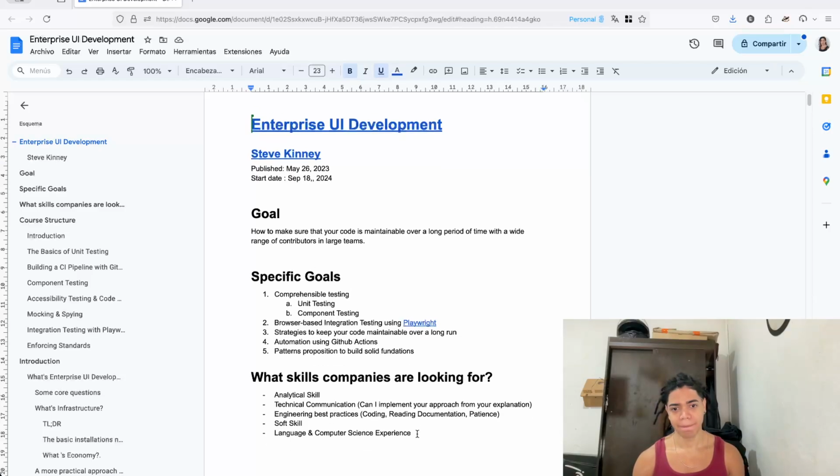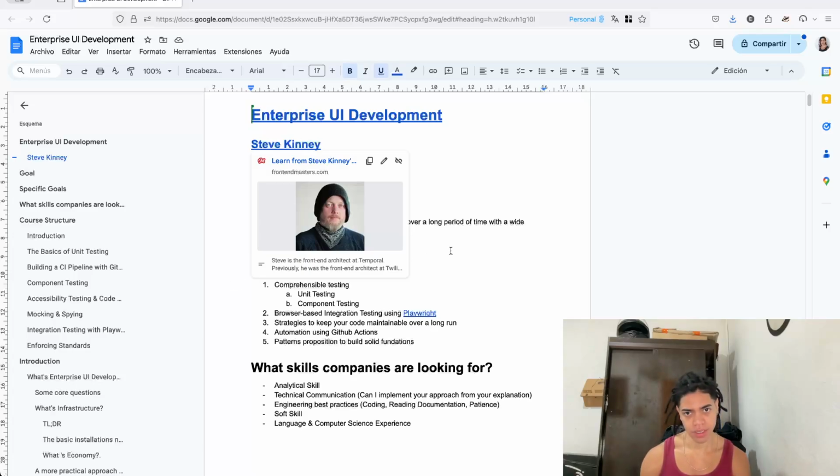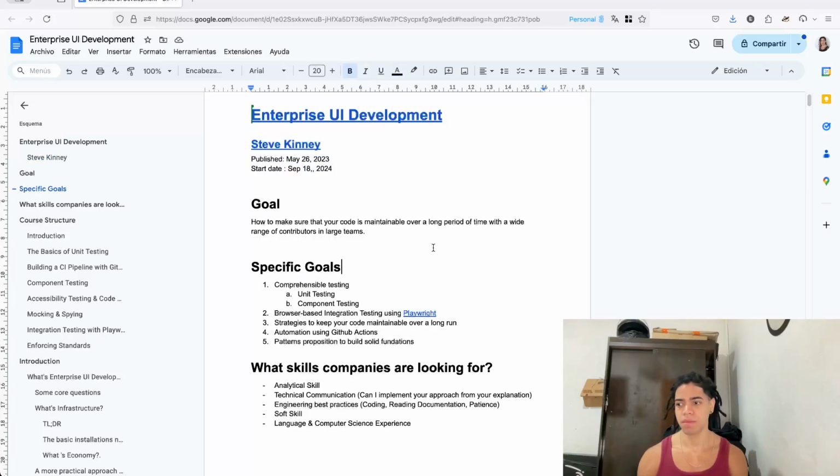So this course is taught by Steve Kinney, head front-end engineer at Temporal, who previously worked at other companies like Twilio. And remember that the goal of this particular course is that, based on Steve Kinney's experience, we see how we can learn to build and maintain large code bases over a long period of time with a wide range of contributors